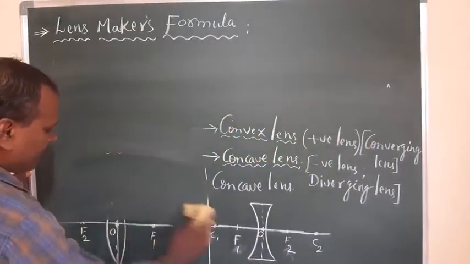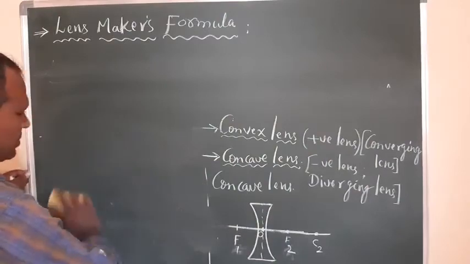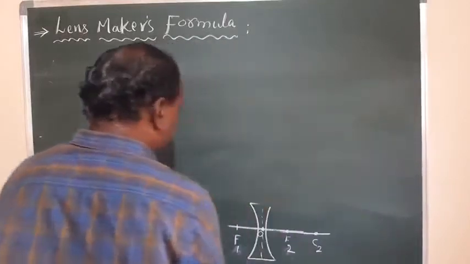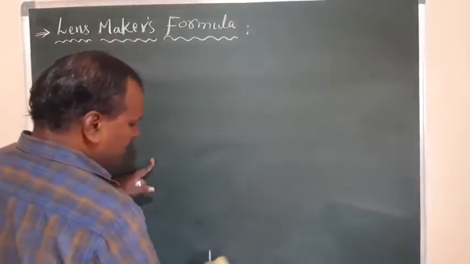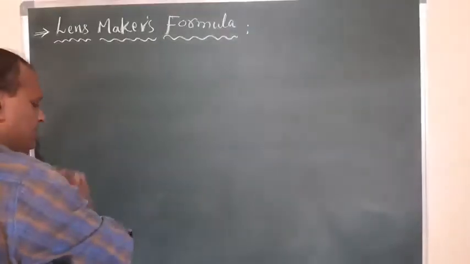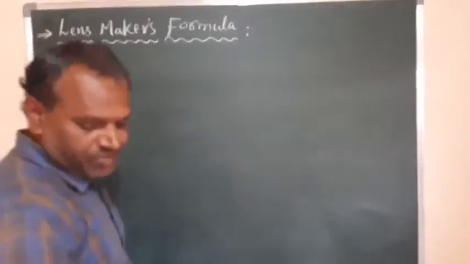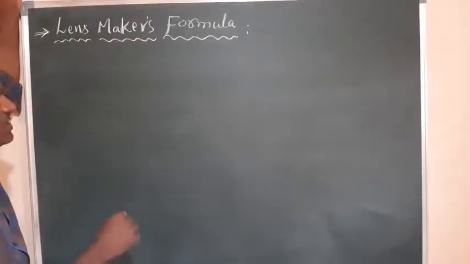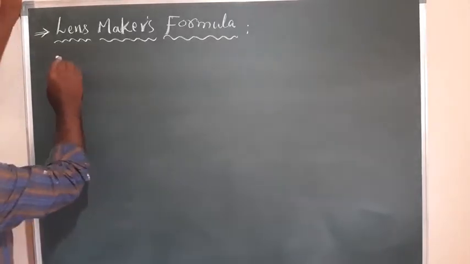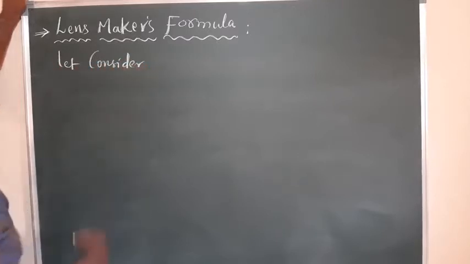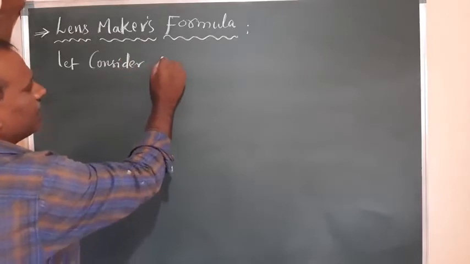Already we discussed the lens equation, right? We discussed the mirror equation in the case of reflection. There we discussed the two types of mirrors, convex mirror and concave mirror, their differences, their uses, and the mirror equation. So all those we saw for curved mirrors. Now I'll give you the lens maker's formula. Let's consider any lens, either concave or convex. Let me consider a convex lens. I am not deriving it, I will give the equation directly because no derivation is required.